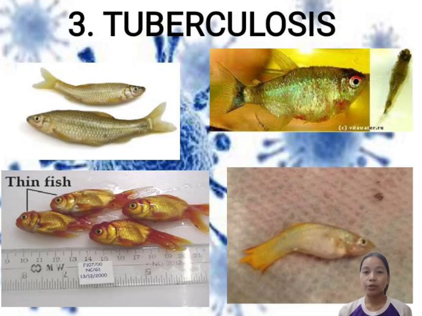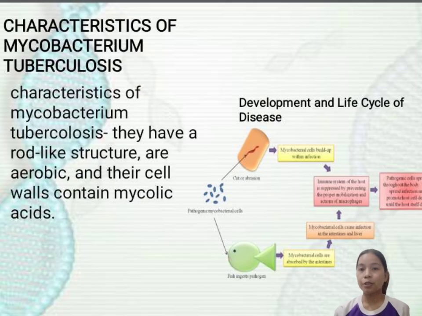Tuberculosis, also known as Mycobacterium tuberculosis. Characteristics of Mycobacterium tuberculosis: they have a rod-like structure, are aerobic, and their cell walls contain mycolic acids. Understanding the characteristics of Mycobacterium tuberculosis is crucial for developing effective diagnostic tools, treatment strategies, and preventive measures to combat